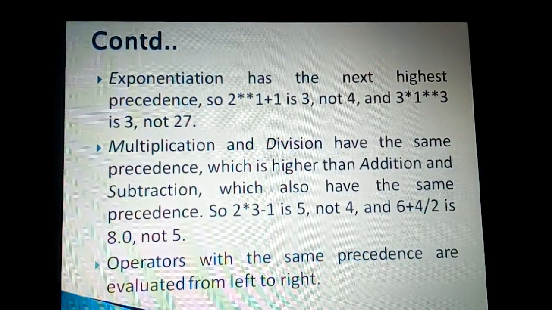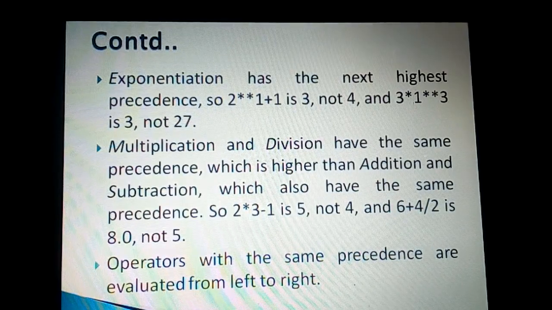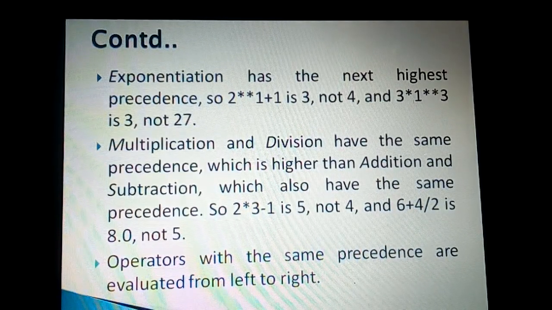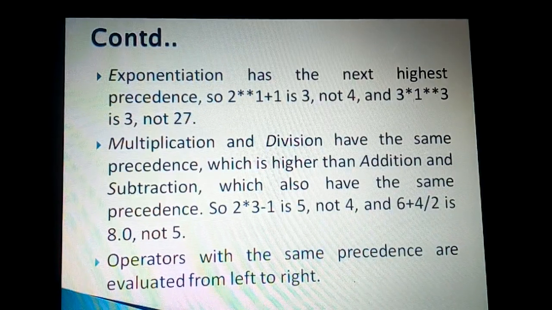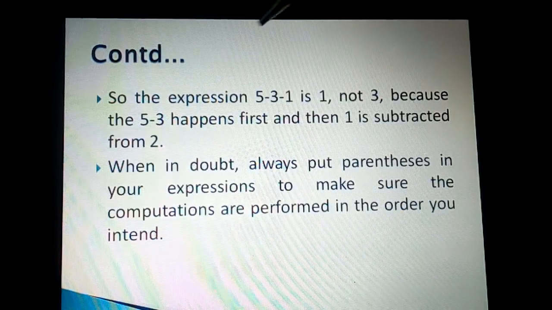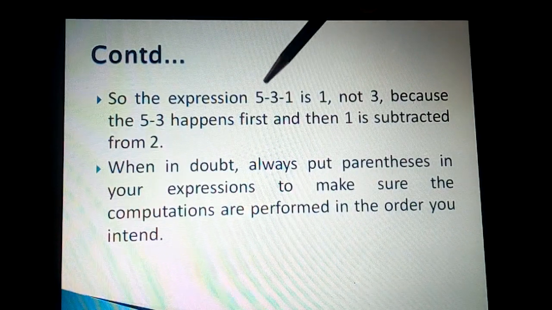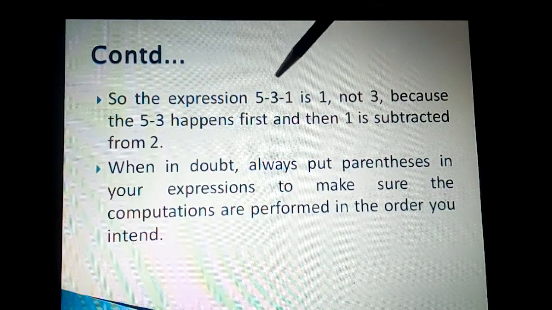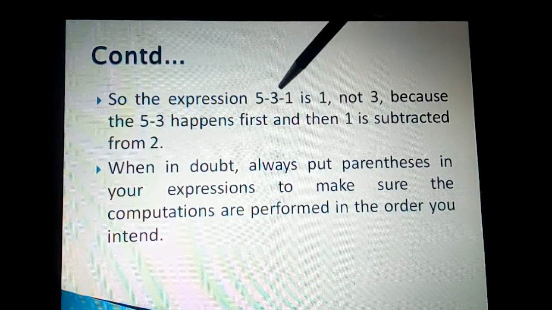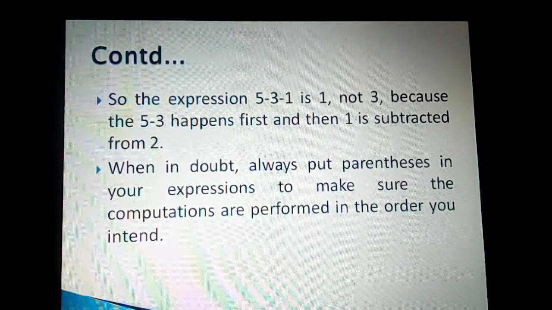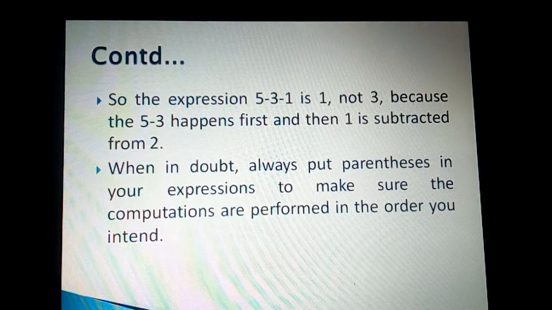But if both operators of similar precedence occur in an expression, then we have evaluation from left to right, and that is the next example. 5 minus 3 minus 1: both have the minus sign, that means both are at the same level, but it will be evaluated from the left. 5 minus 3 is 2, 2 minus 1 is 1 and not 3.